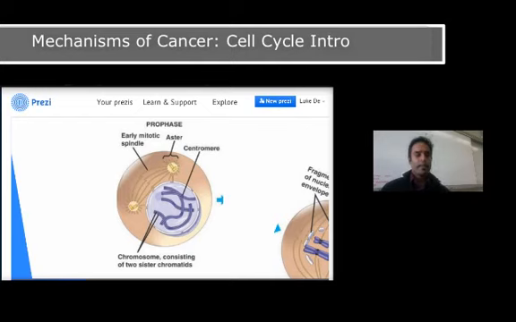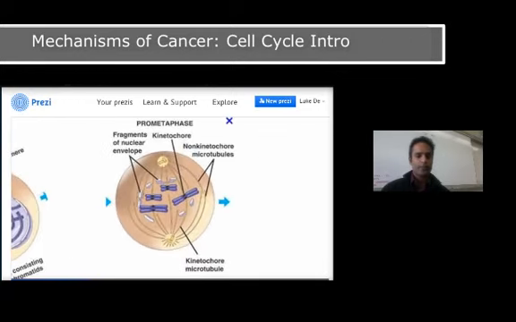The nuclear membrane started to dissolve, and what we have here are mitotic microtubule organization centers, and they're going to start to move to opposite sides of the poles. Now let's talk about these guys really quickly. This is actually a double-stranded piece of DNA and its copy. So this is one double-stranded piece of DNA, and this is another double-stranded piece of DNA.